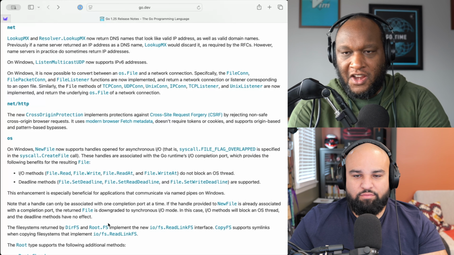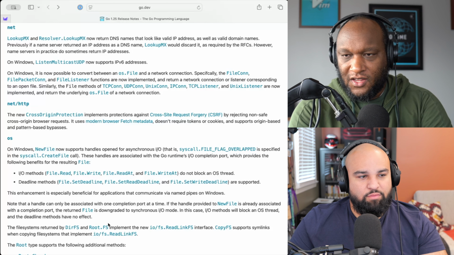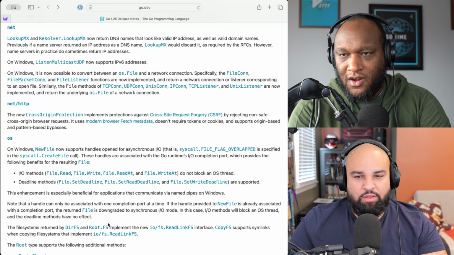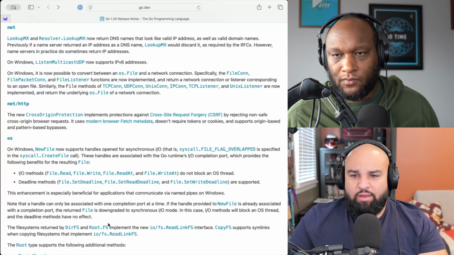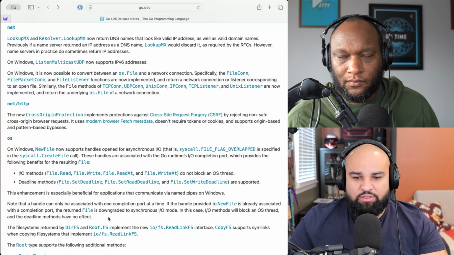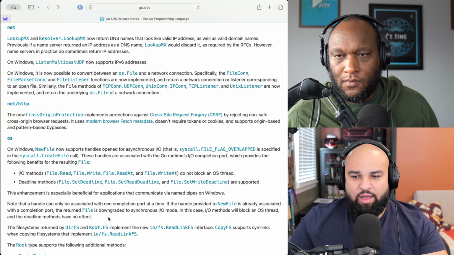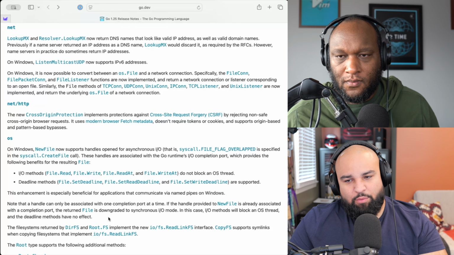There's some changes to the net package. I don't think there's anything super substantial here. No, it looks like just some quality of life updates to how lookup things happen in the resolver, some IPv6 support and some Windows updates, like being able to convert between an OS file and a network connection,